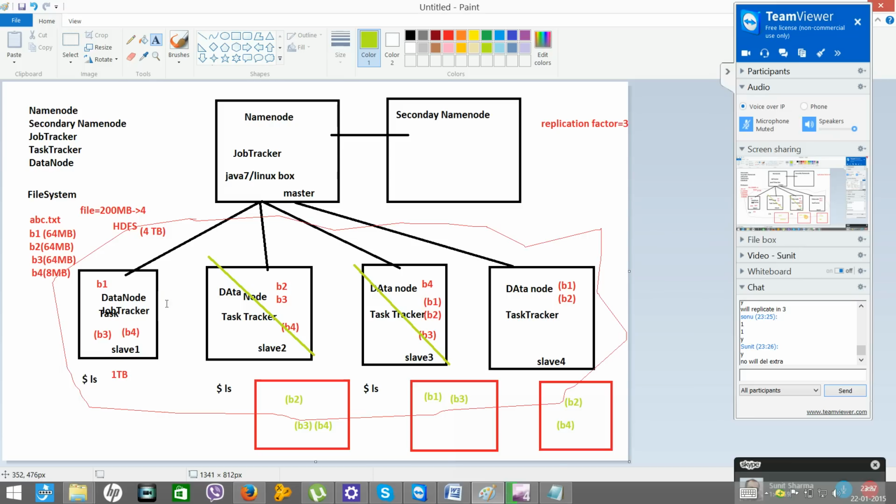Okay, so see, when we are talking about a cluster, the distance between these two nodes may be very small as compared to the distance between this node and this node. If that is the case, then Hadoop may decide to delete the block from this system because it is very far, there is a long gap between this and this. Clear on this?